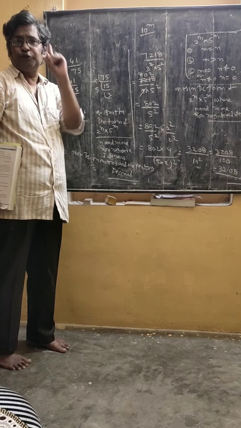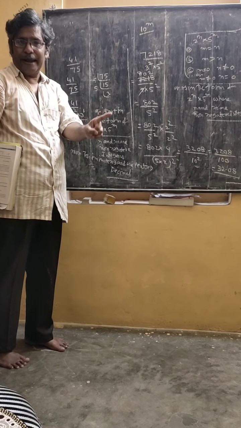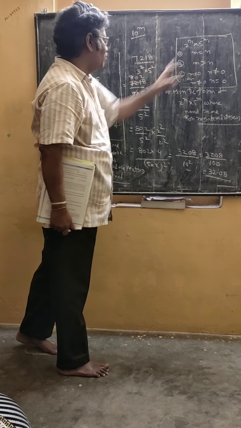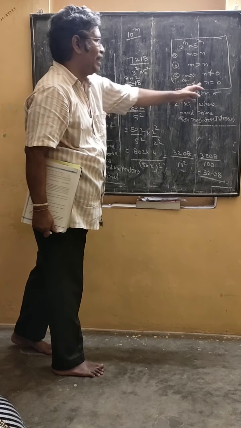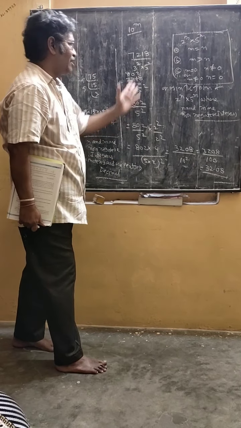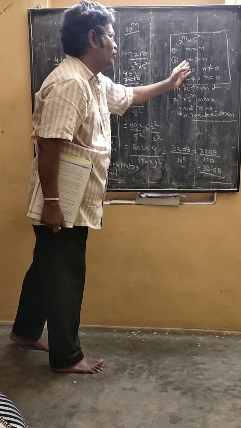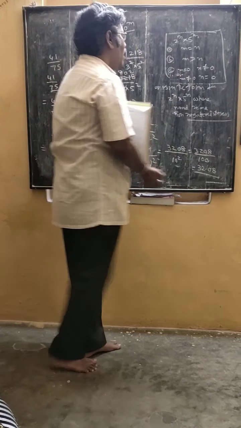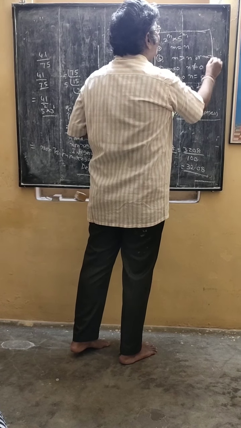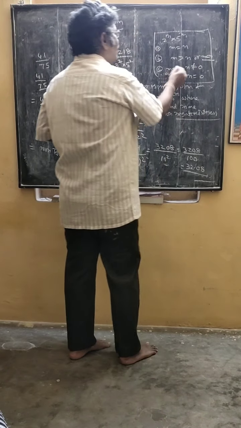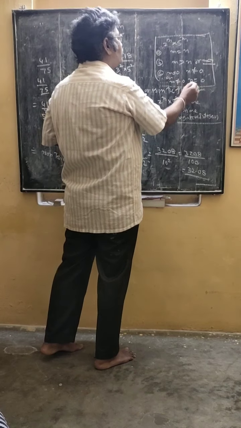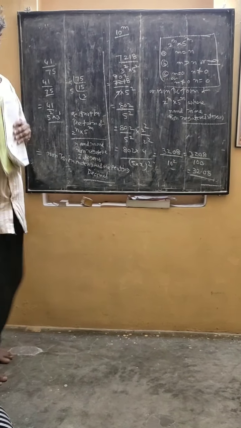For terminating decimals, q should be in the form of 2 power n into 5 power m. I gave clarity here. Some examples you see, in this example, 2 power n is 0. Sometimes m is equal to n. Sometimes m may be greater than n, or m is less than n also. In some cases m is 0 and n is not equal to 0. In some cases m is not equal to 0 and n is equal to 0.